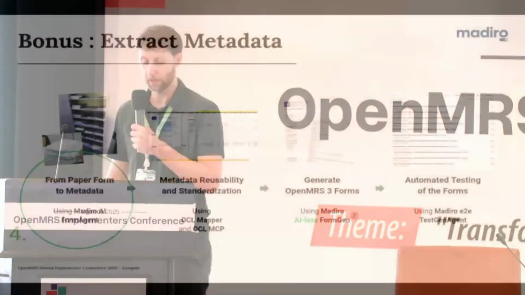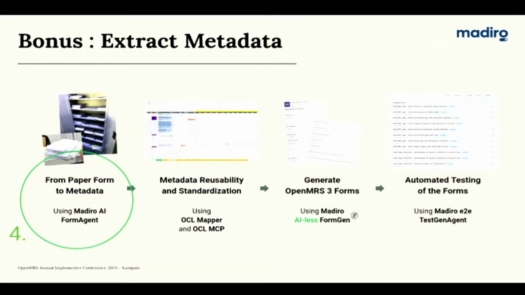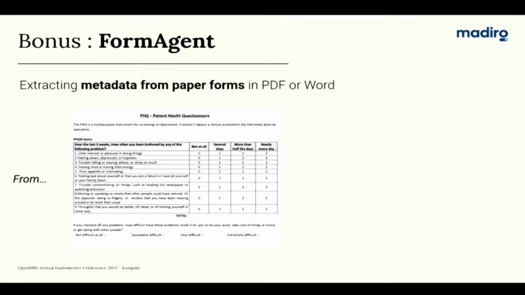All right, so like I said at the beginning, we didn't spend much time on the paper form to spreadsheet step because it's not the most time-consuming. It's tedious, but it's not the most time-consuming. And it was actually a good practice, but we just wanted to explore the idea. Again, if you have a team where you don't have a lot of resources and you still want to digitalize, that could save you a couple of hours or days, or give you a full skeleton of your metadata and concepts. So we just explored the idea of a form agent, same as the test agent,